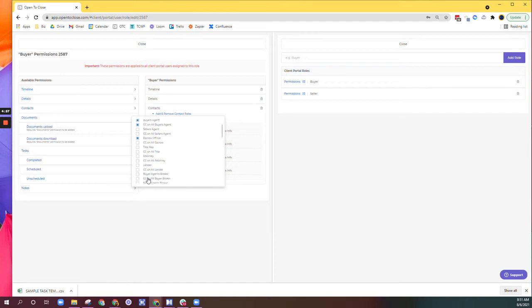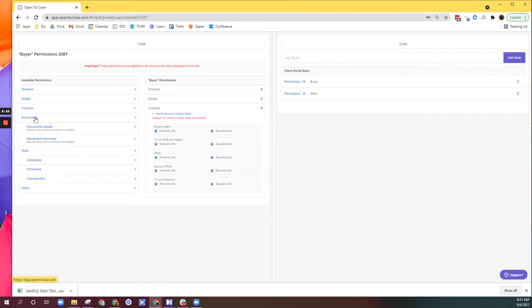The escrow officer and CC on all escrow officer. So you can pick and choose the contacts that they see, and if they show the personal info or they show their business info. And then documents, and you're able to say, I want them to just be able to see the documents, or I want them to upload the documents, or I want them to be able to download